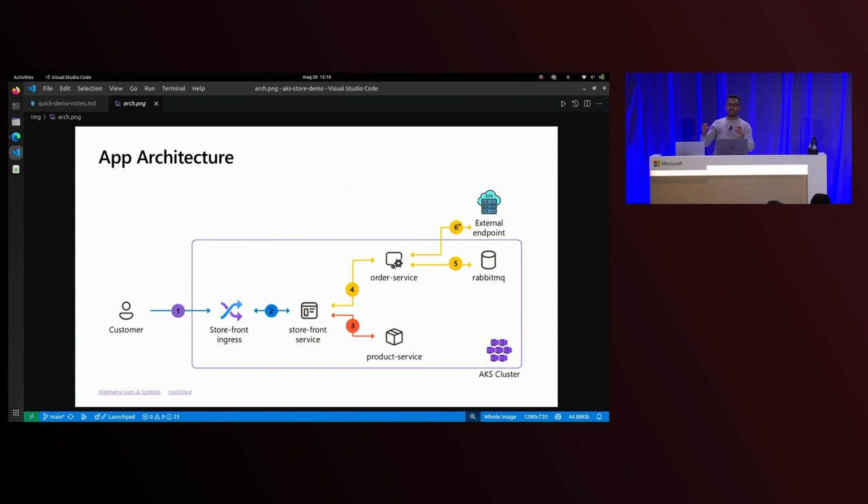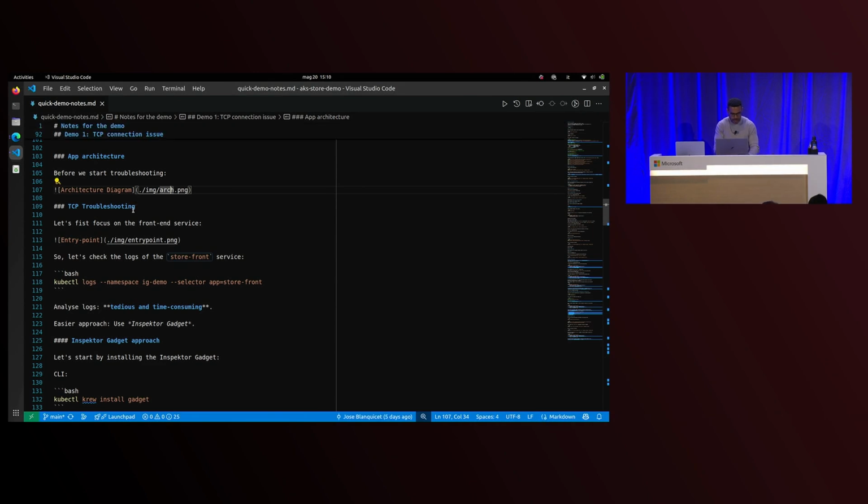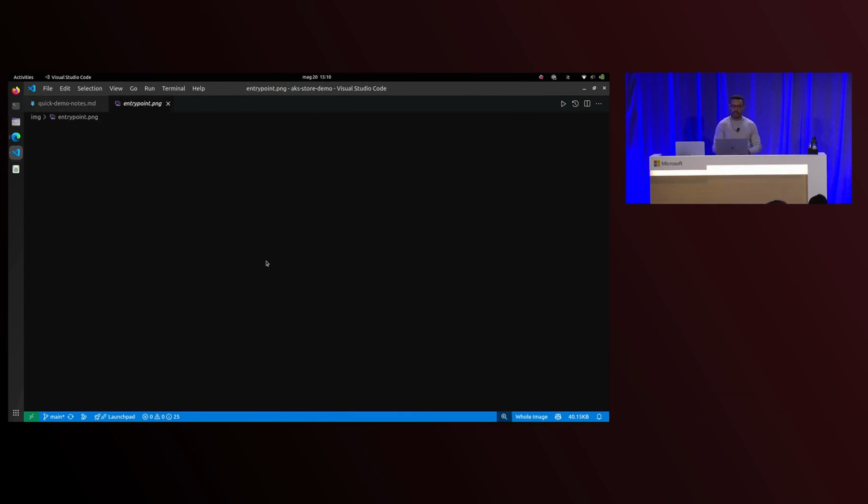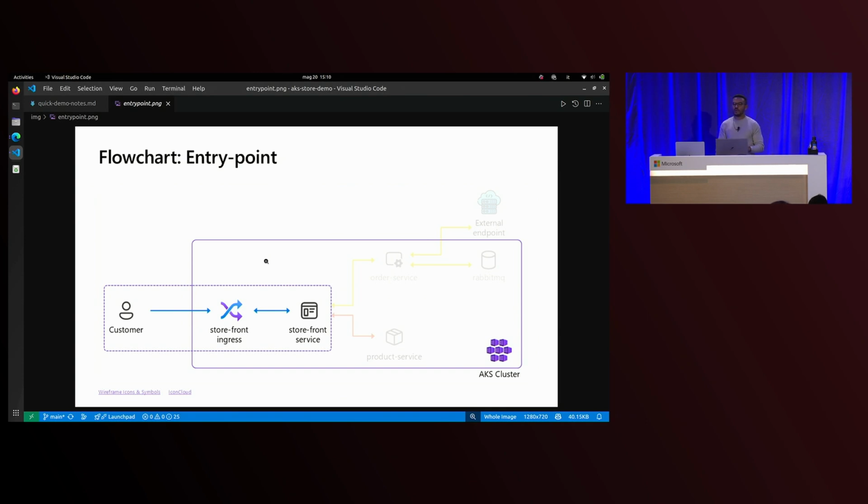To simulate that it is handling the order, it just puts it into a queue. For some particular items, it will need to contact an external endpoint. We will go back to that in a moment. Our suggestion is to always divide your environment into parts before starting troubleshooting.